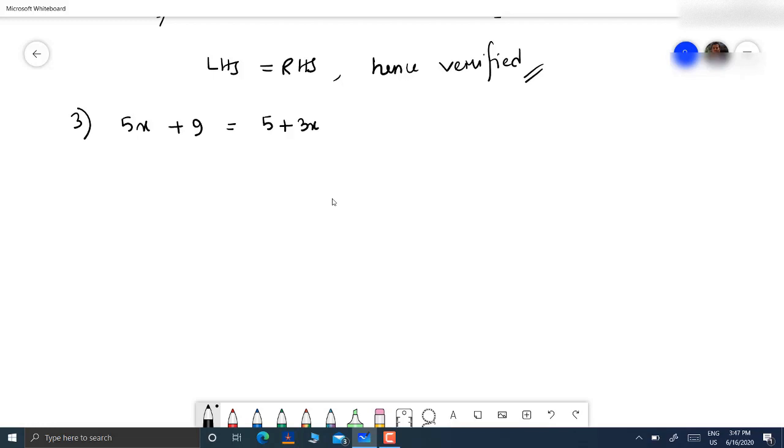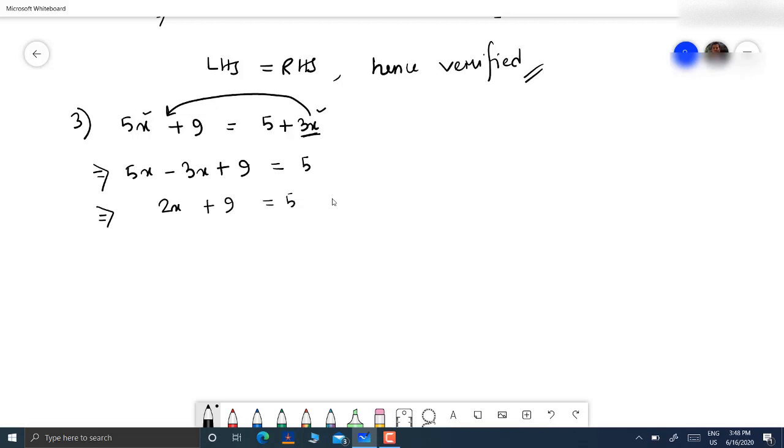So again the same thing we have to carry here also, means the terms containing x should be kept together on one side. So for that, this thrice x will have to be shifted to the opposite side. So it is 5x minus thrice x, yes or no, plus 9 is equal to 5. Am I right? Actually this was positive initially. When it is shifted to the opposite side, it will turn negative. So 5x minus thrice x, the result comes as twice x plus 9 is equal to 5.